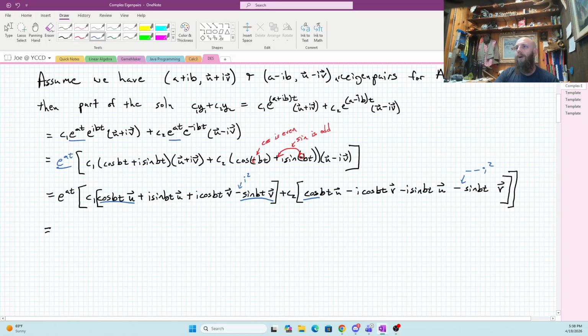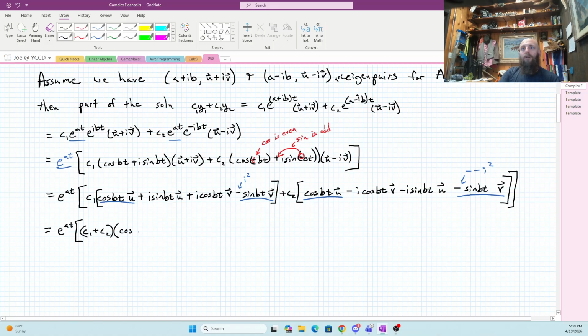And the real part in this one is cosine bt u and minus sine bt v. So everything in the blue there, these two and these two are the same, right? They're both the real parts. So I should be able to add that together as C1 plus C2